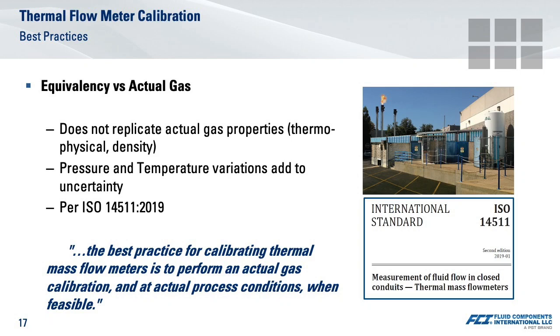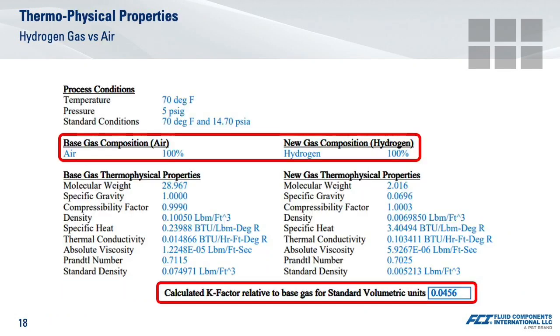Hydrogen calibration adds cost, yes, but it should be easily offset by the added confidence in your readings being accurate and reliable. Let's look at some factors that illustrate why an air equivalency calibration for hydrogen flow is not a good practice. The differences in thermophysical properties of the two gases are extreme. If using a linear correction factor, the results will be highly questionable given the equivalent flow of hydrogen is only